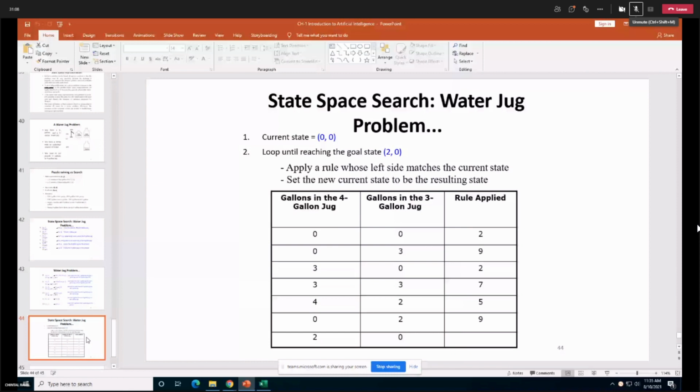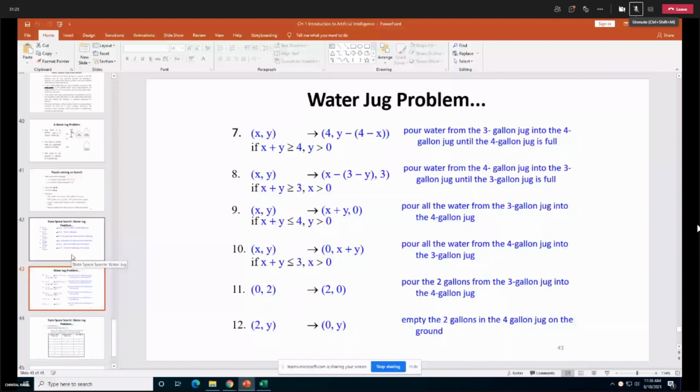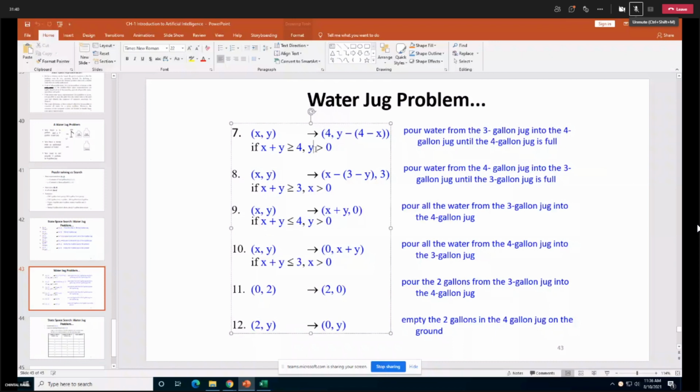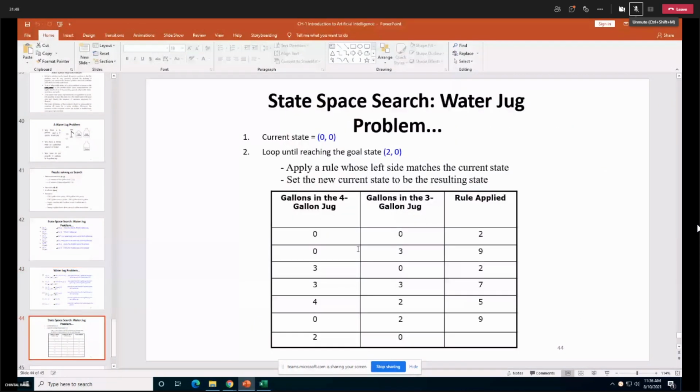Now you have the state 0, 3. Go and check for the rules which match this current state. So 0 and 3. My y is greater than or equal to 3. So y greater than 0, the 6th one is also applicable if you want to apply. Y greater than 0, the 7th one is also applicable. Y greater than 0, the 9th one is also applicable. So applying rule number 9 over here. Rule number 9 says that